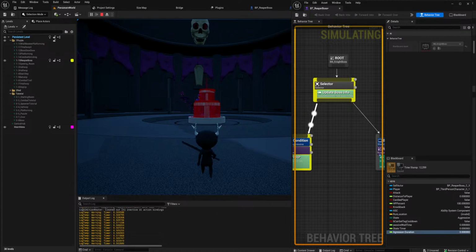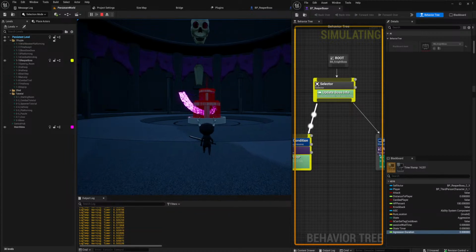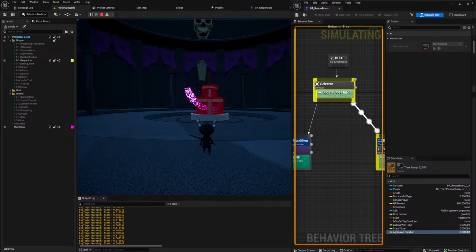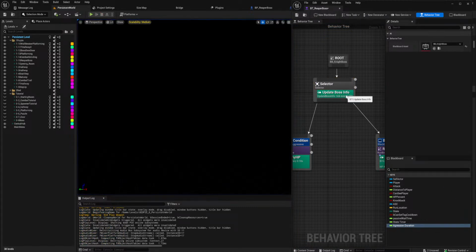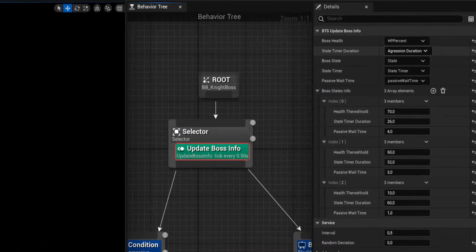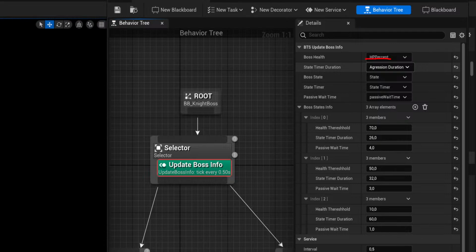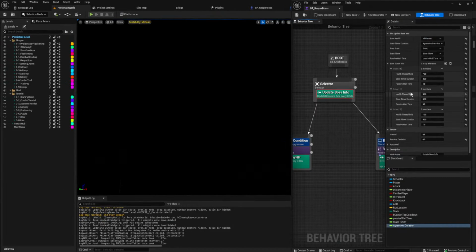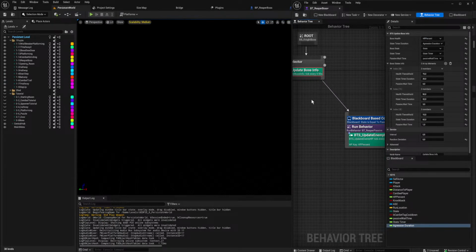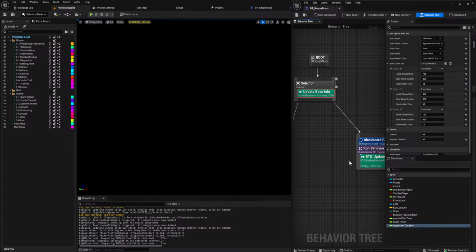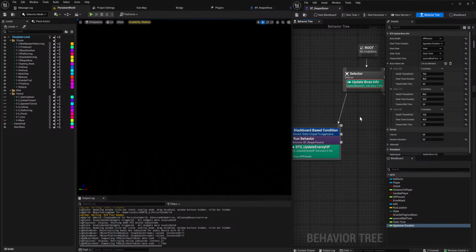No. Not here, I mean the Blackboard boss info node. Yeah, no, they are set correct. Boss health is HP percent. Those values are getting set correct, and when there's only one of these nodes existing, they work. It's just when they both exist, something is going wrong.